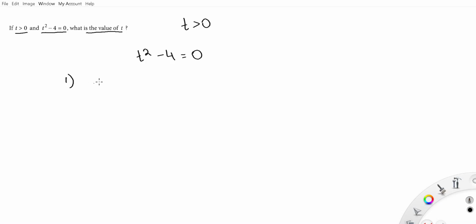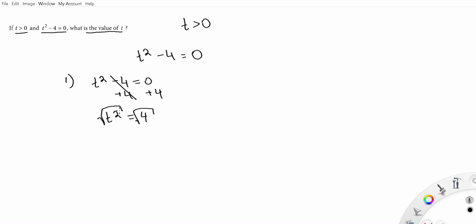The first way is to separate the variables from the known numbers. So I will take 4 and I will move it to the other side, and I will get t squared is equal to 4. Then in order to find what t is equal to, I'll take the square root of